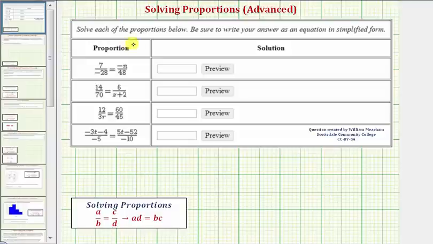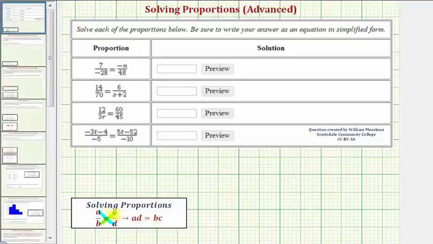We want to solve each proportion. A proportion is formed when we have two rates or ratios equal to each other. And for all proportions, the cross products are equal. So if we have a proportion in this form here, then A times D will always equal B times C. So by performing the cross products, we can form an equation here that we can use to determine an unknown